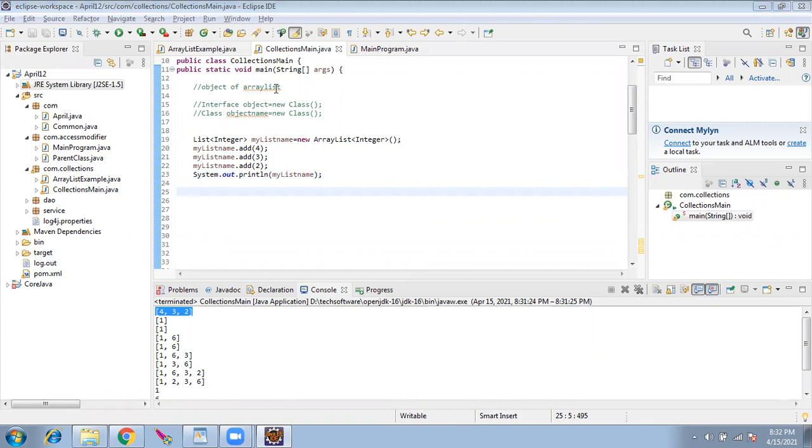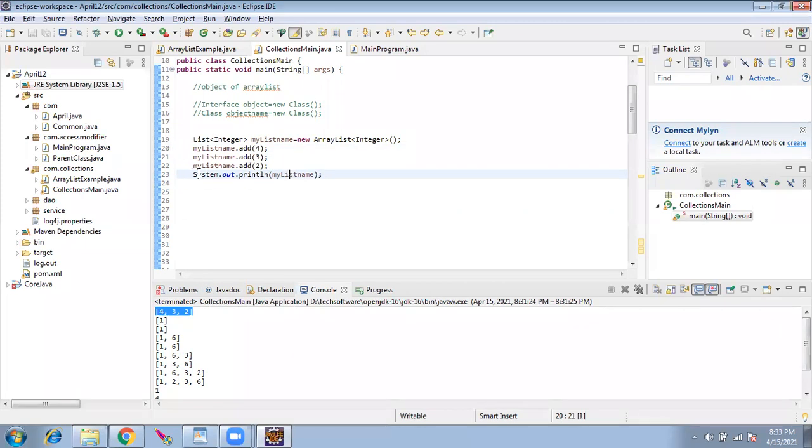Yeah, Rajesh. My question here, my list name dot add, written 4, 3, 2. It's going to just allocate the 4 in that memory, or it's going to add? It will allocate a memory, and yes, it will add. It will place the value 4 in the memory. That's it, just placing. Yes, that's all. It is just to store the value in temporary memory.